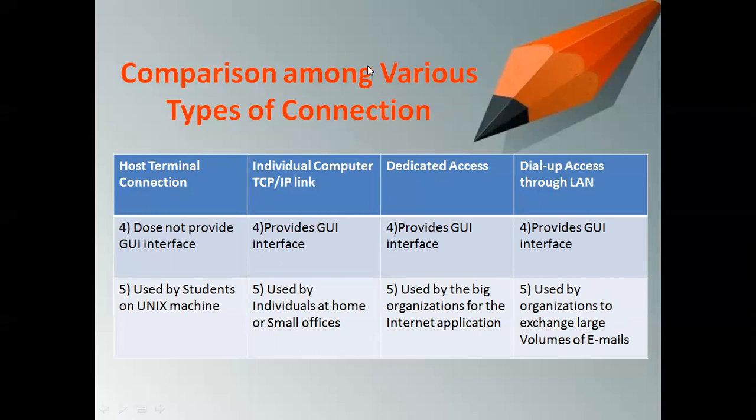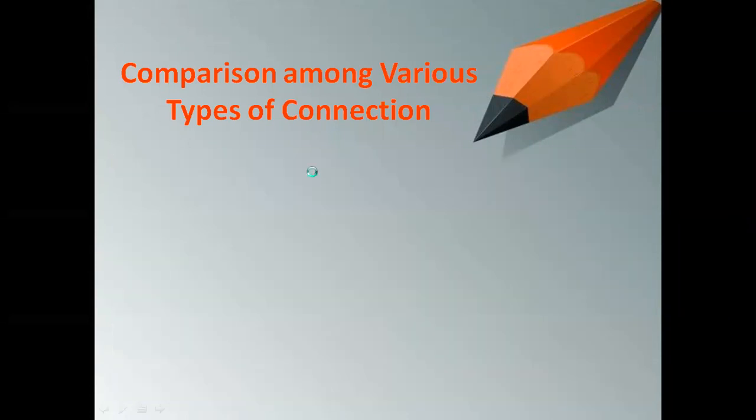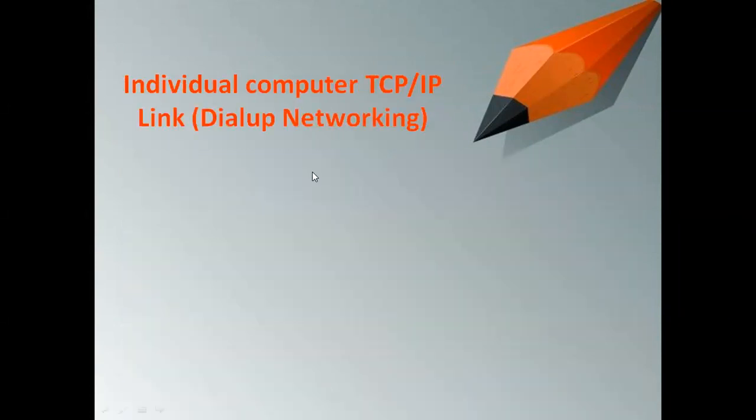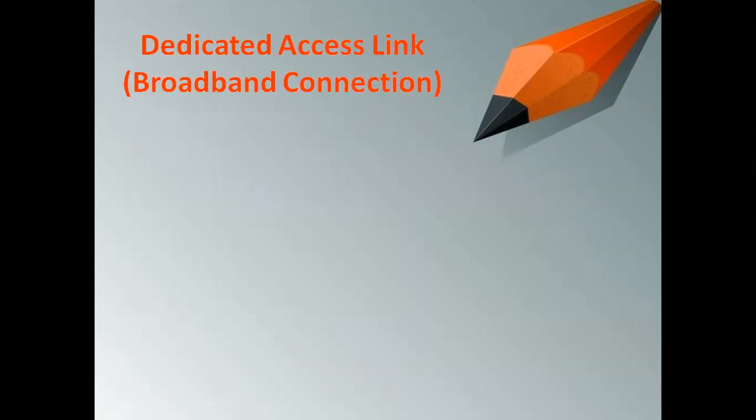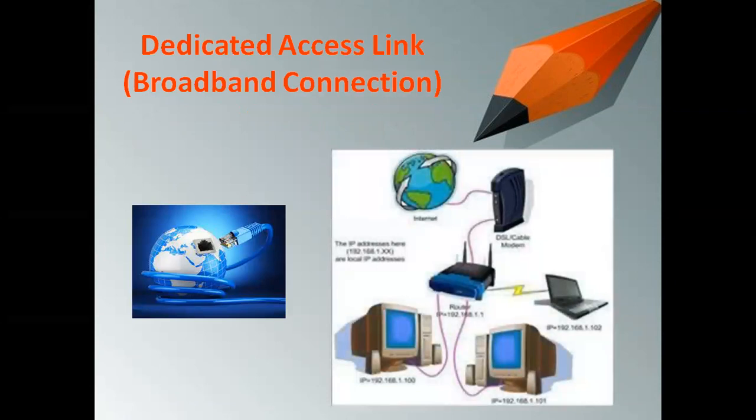Okay, so this I will explain to you theoretically, because I don't have any one of these connections right now. I'm using my mobile hotspot, so the same connection I cannot explain, but I'll try to explain with the help of theory. In the book it is given the broadband connection. For a broadband connection, you have to buy an internet connection, meaning you have to take an internet connection from the ISP.